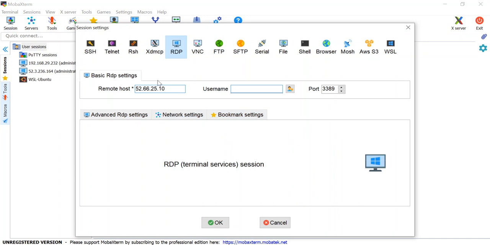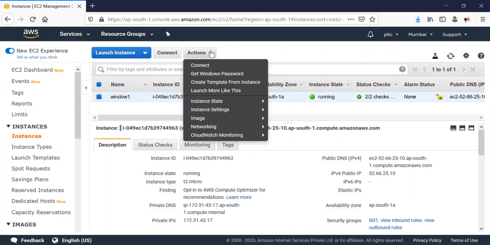Host IP, and the user name will be administrator. Anything else? No, it's fine. Just say okay. But we have to give the password, which we don't remember, so I'll go once again to the machine and say connect, just to get the password.